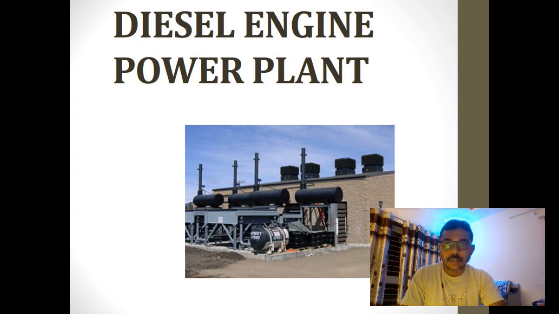Hello students, today we'll study unit number 4 part A, diesel power plant. Diesel power plant is a plant where we can produce power from 2 megawatt to 150 megawatt. Diesel power plant is used for various purposes. Mostly, diesel power plant is a standby plant, or we can say a backup plant to the other power plants, just like a nuclear power plant, solar power plant, thermal power